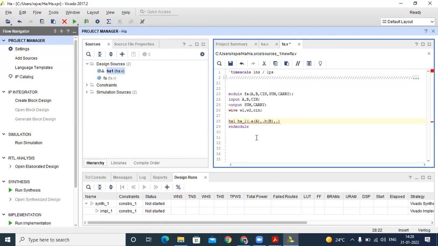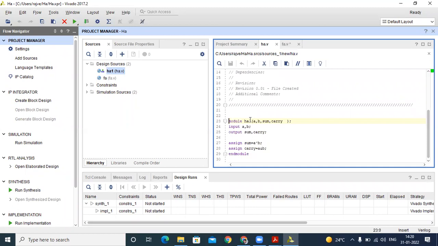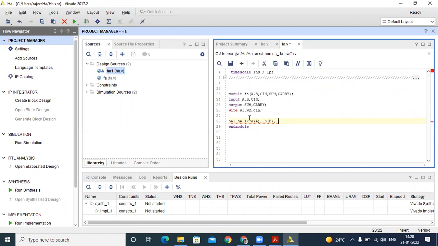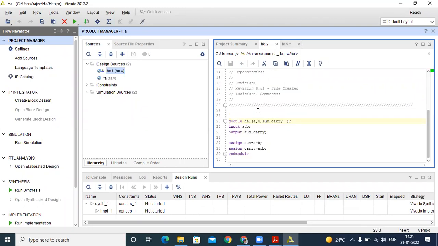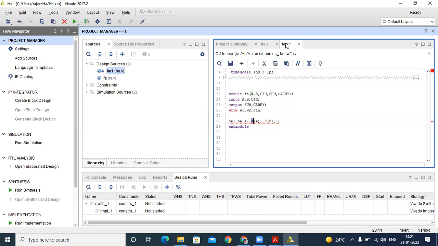Okay, firstly we call our half adder. The half adder name is HA1, because this module name is HA1, so we put the same name in our top module. After that, we write our instance name. You can write anything here. After that, you connect A. A means the half adder input is connected to our top module A. Then B: this half adder B input is connected to our B. Then we come to C.